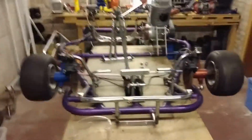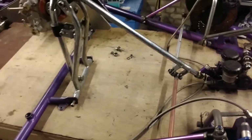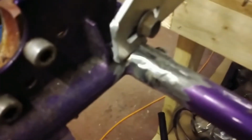The first thing you see is there's no under tray on the car at all. So we're down to almost the bare chassis now, but we've actually done some fabricating. And I have a confession to make actually, but let me first show you what's been going on. So I'll just take my MIG off. All that's been removed, and as you can see there,